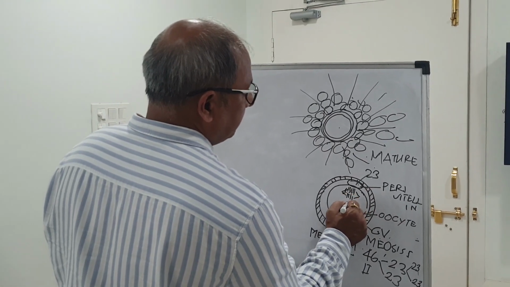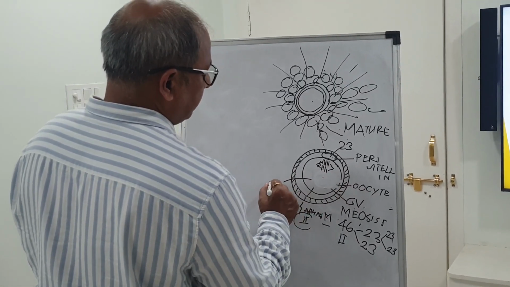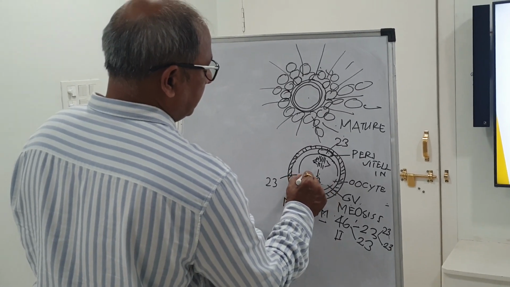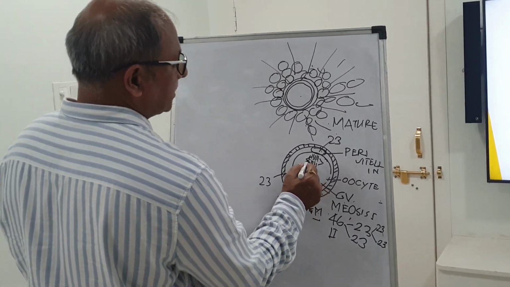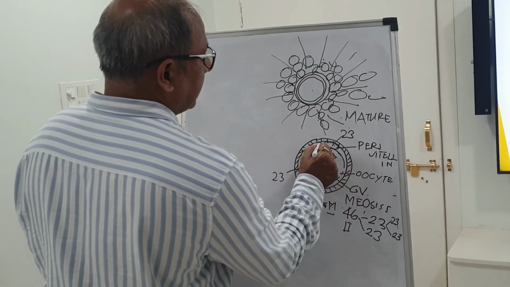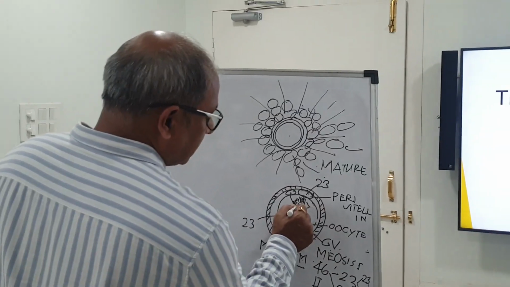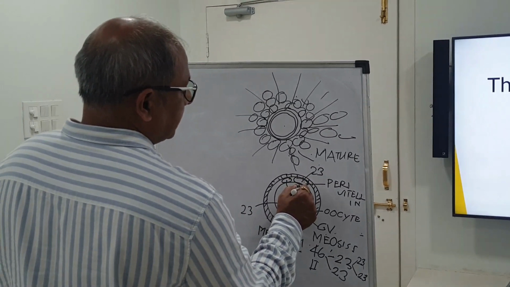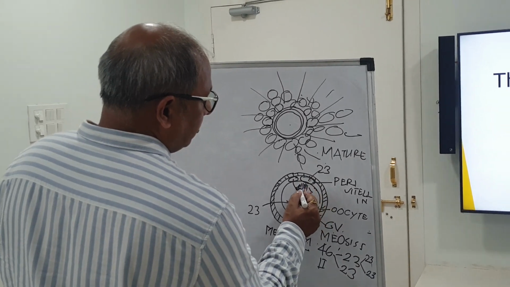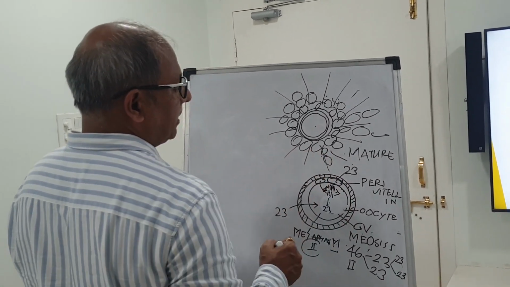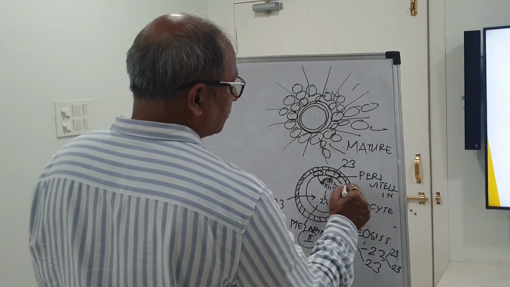So half will remain here and half will come from the sperm. So 23 will be given here and 23 by the sperm, so it will become 46. But the 23 which is remaining goes out as another polar body. This happens after fertilization. So before fertilization, the polar body is here, and all the chromosomal material with the spindle is here. You cannot see it with a common microscope. But if you use a polyscope, you can see it.